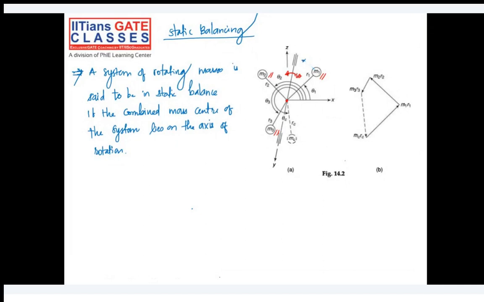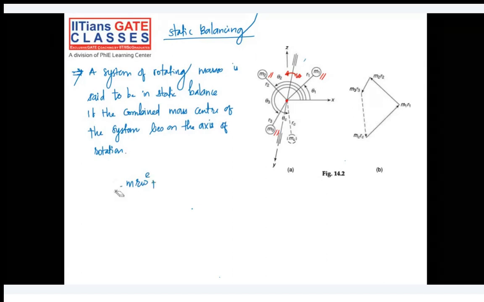So ultimately, the vector sum of all the forces will be m r omega square, okay, plus, or